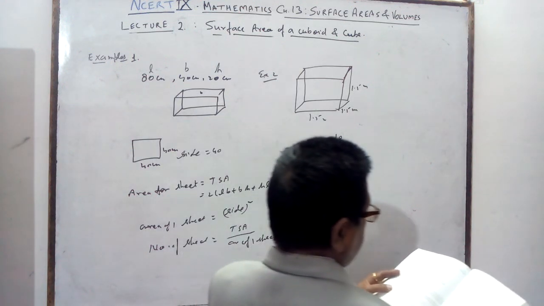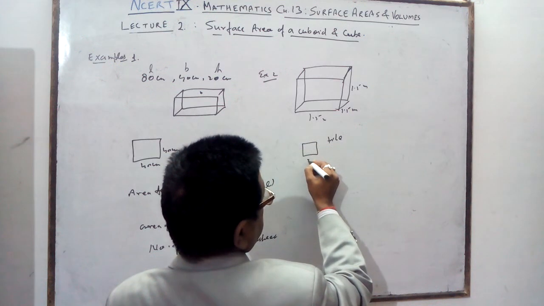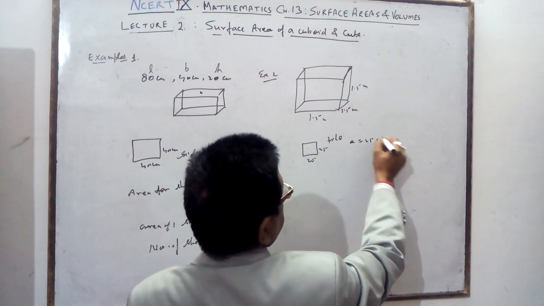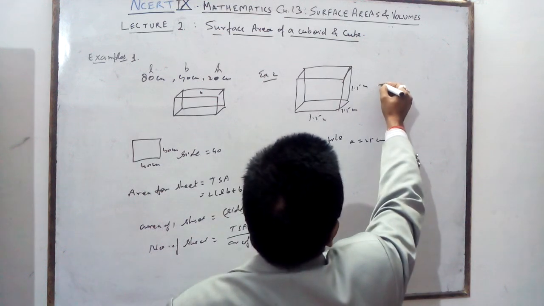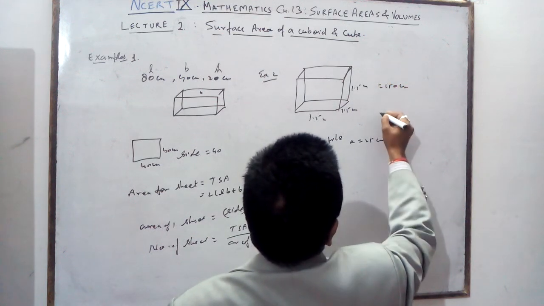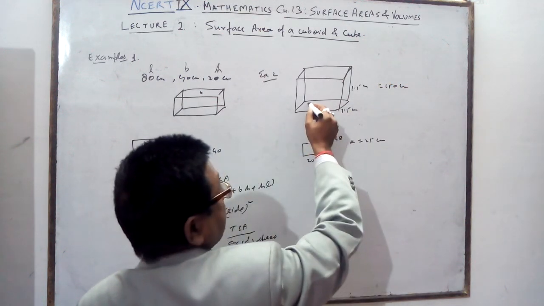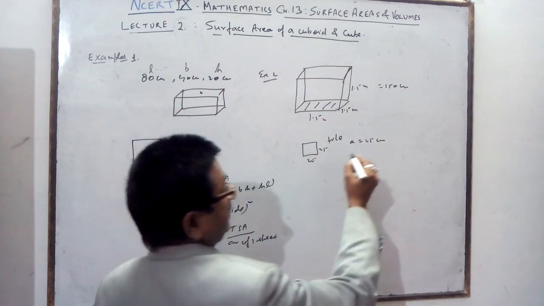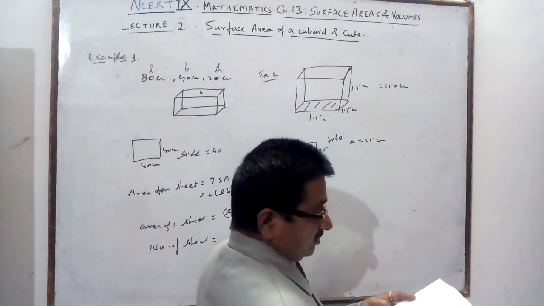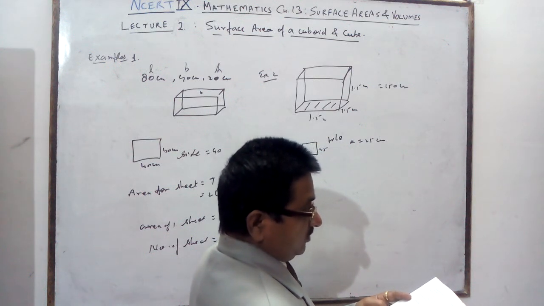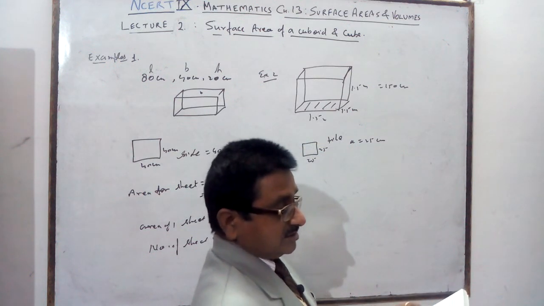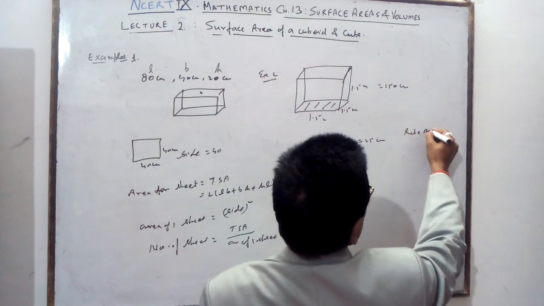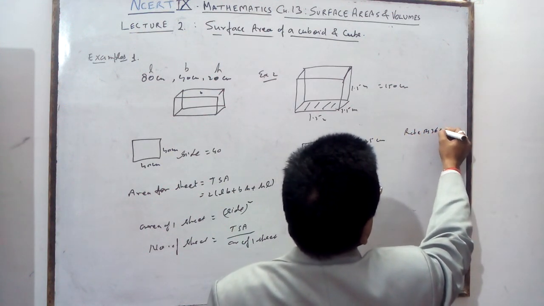Tile size is given as 25 centimeter, so the side of the tile is 25 centimeter. The tank side is given as 150 centimeter. The base portion will not be tiled. The rate is given. Your question is: find how much would we spend on the tiles if the cost is rupees 360 per dozen. The rate is given as rupees 360 per dozen.